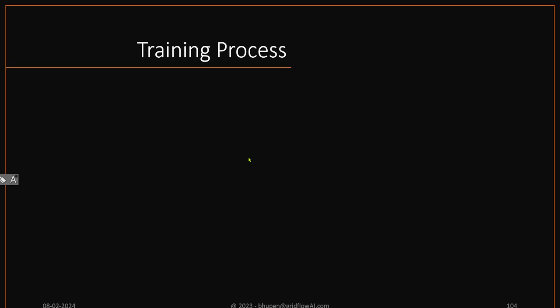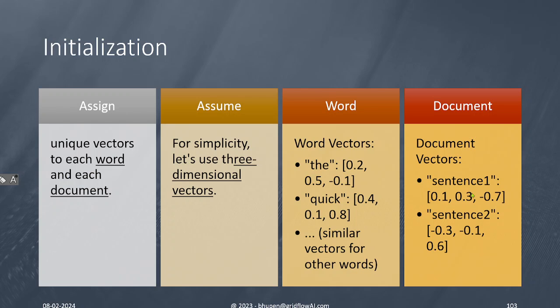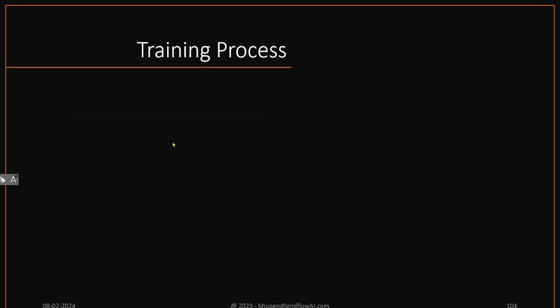So here the document that we're talking about is the sentence. Each of the sentences becomes a document. So we're going to randomly initialize the vector for each of these sentences here. Now in the training process,